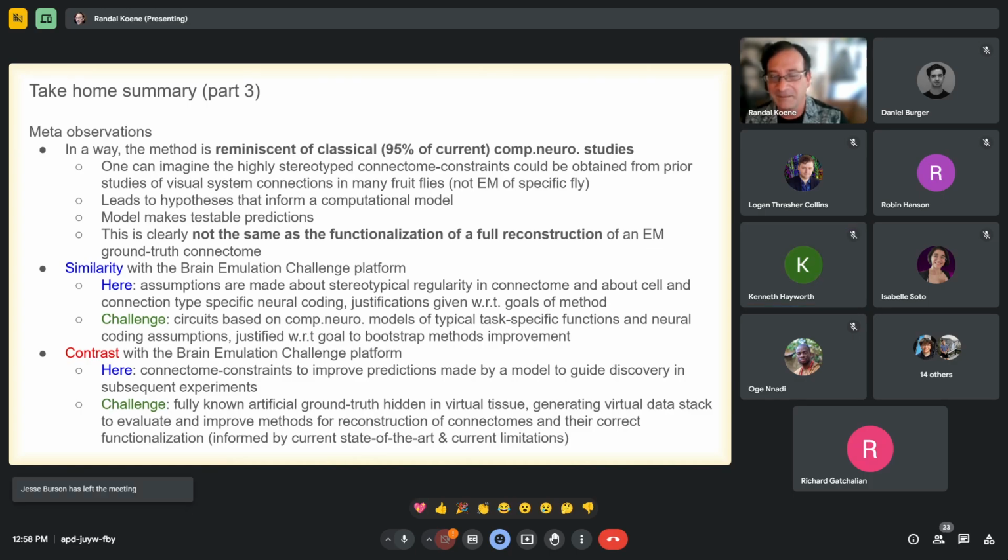No. But I mean, there's no real problem with, say, for example, taking your DMN that you created, so this network constrained model, and then attaching numerous decoders to it. So you could have one decoder that gives you the metric for motion detection, another decoder for object recognition or localization. And then you could run these multiple tests through it. We know that we made different decoders, so that's a caveat. But the rest of it is the same system that we've connectome constrained. So you could do that, assuming you have enough experimental data to test against. But yeah, this wasn't in the paper from what I could see.